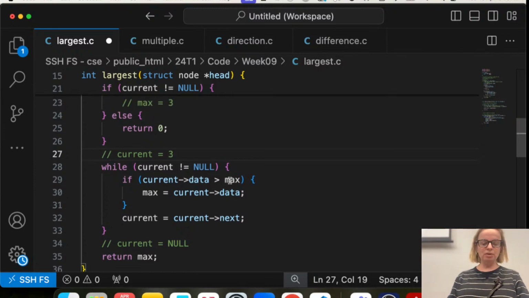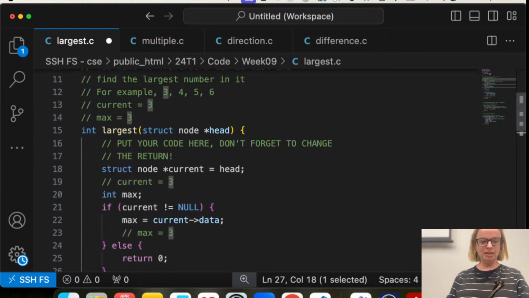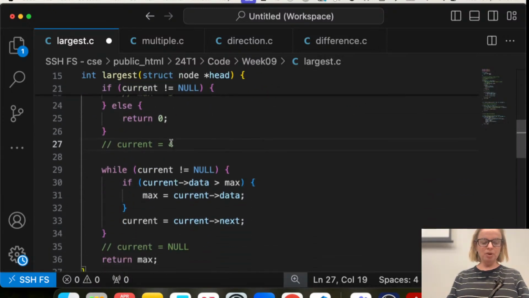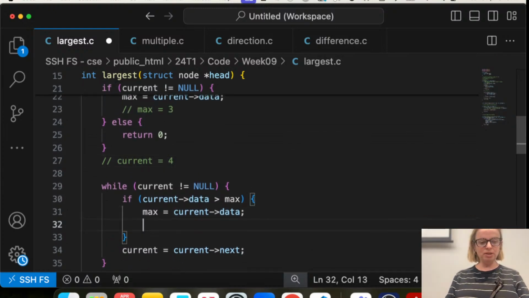Well, 3 is not greater than 3, so I'm going to move on to current equals current next, which means my current is now going to go to the next thing in the list, which is number 4. I'm going to check, is current equal to null? No, it's not. Is 4 greater than max, and max is 3? It is, which means that max is now going to become 4, because max is assigned whatever's sitting inside current data.